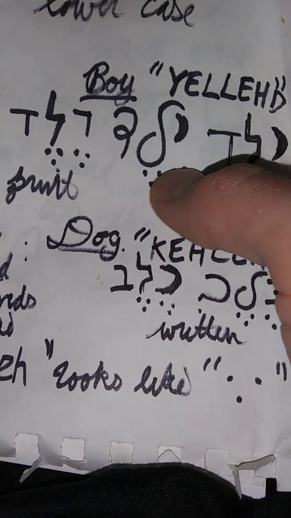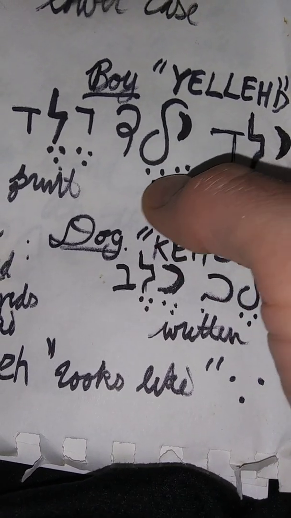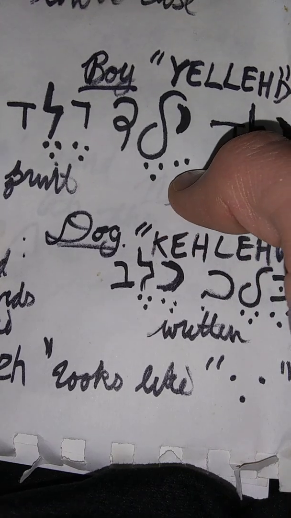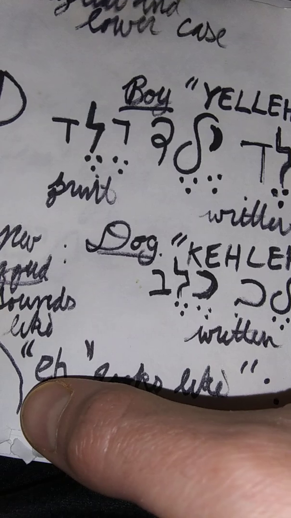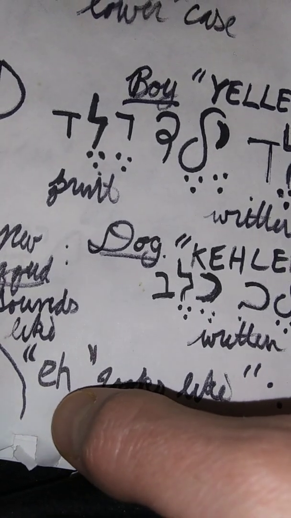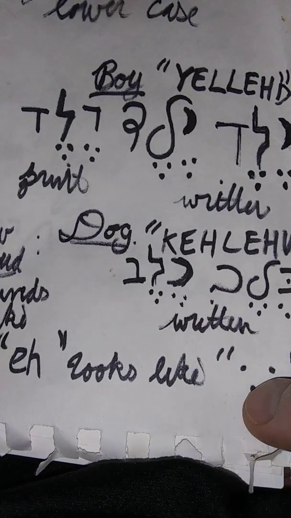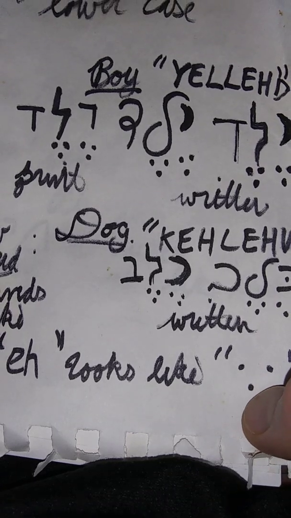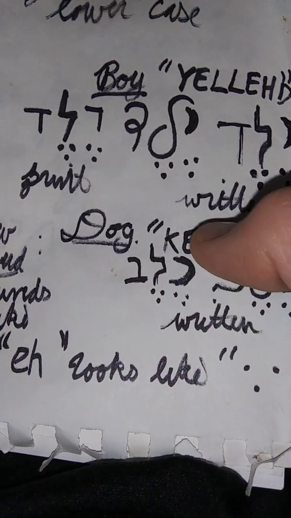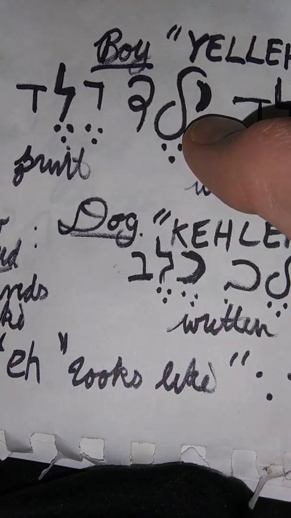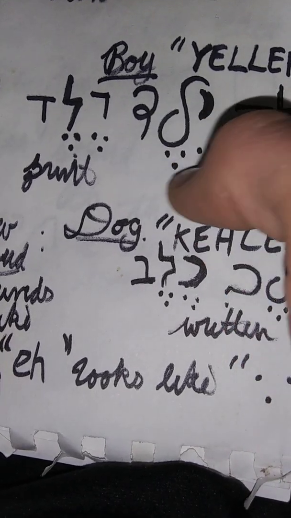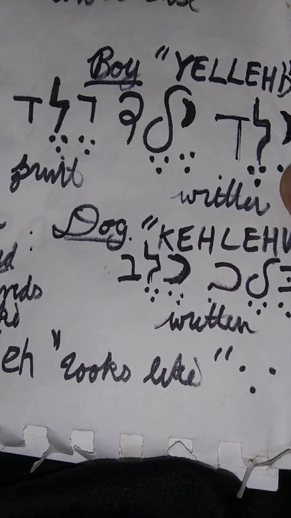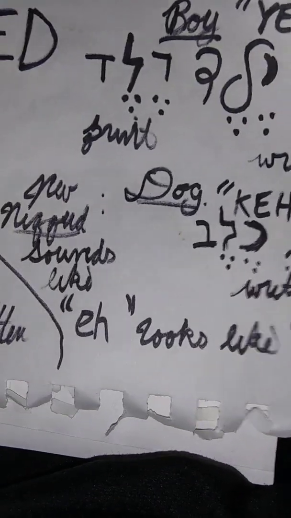So the yod plus the e from down here, see if it has those 3 dots like that above my thumb, it has an e sound. So ye, le, d, yeled. Yes, it's very straightforward,